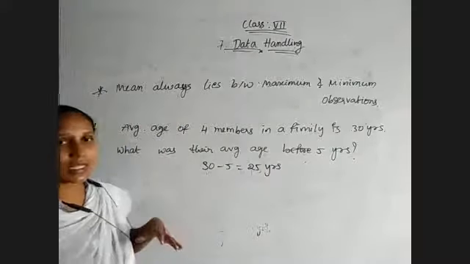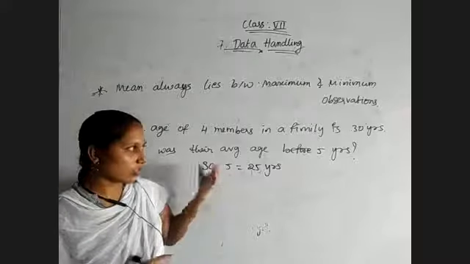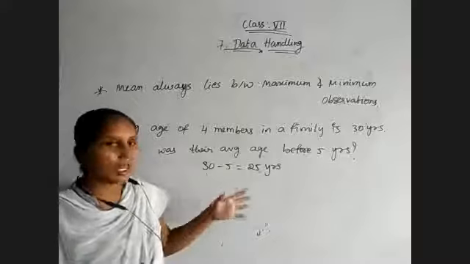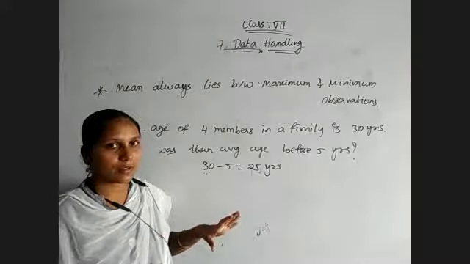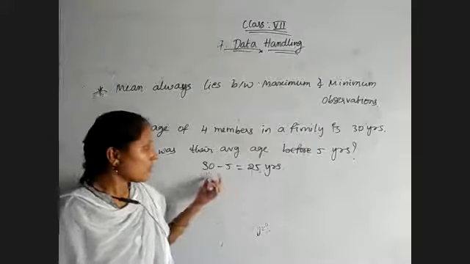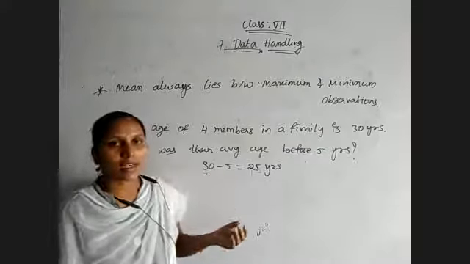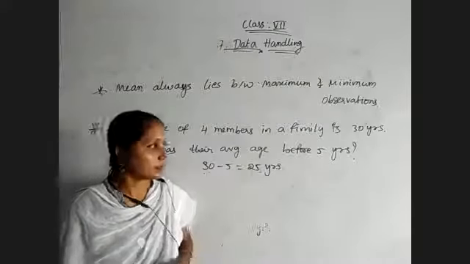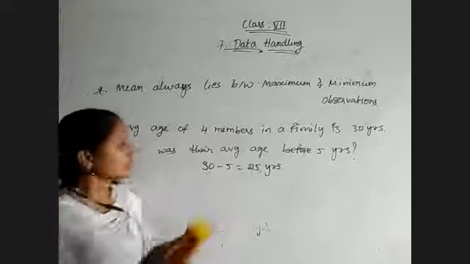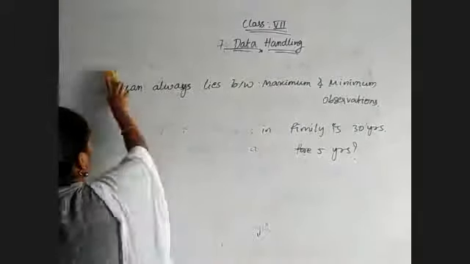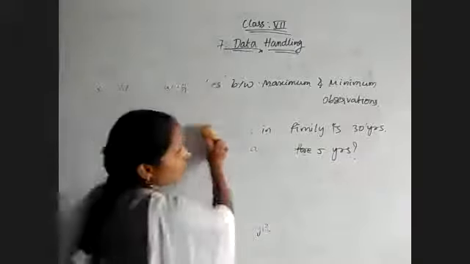Next, for multiplication and division we have the same property. If each observation is multiplied by a certain number, the mean is also multiplied by that number itself. Yesterday we saw an example problem also. And when each observation is divided by the same number, the mean is also divided by that number. So these are the properties of mean, and we have seen some formulas in the case of mean.